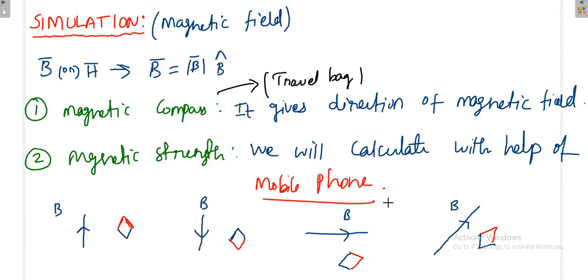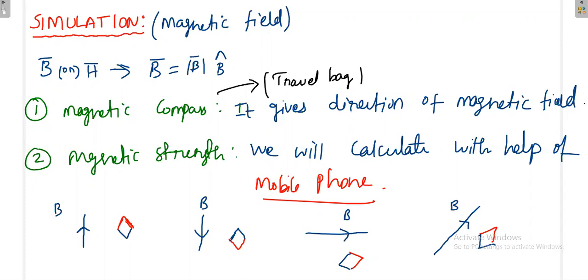Now the doubt arises because we have been told that the earth itself is creating the magnetic field. Then when you are not having any physical magnet with you, the compass still has to point out the direction of the magnetic field. So say I have no physical magnet, only a magnetic compass. If I keep it in free space, in the horizontal plane, then definitely it will point in some direction.